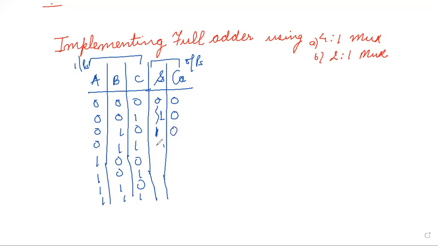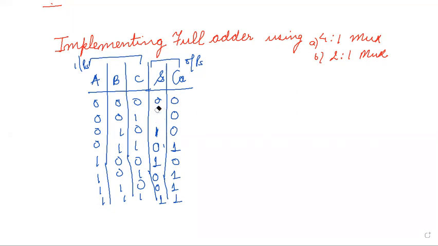When two bits are added, 1 plus 1 that gives 2. 2 in binary is 1, 0. So there is a sum of 0 and a carry of 1. So here also, we have listed all the combinations. Finally, when 3 bits are added, when all 3 are 1, so 1 plus 1, it is 1, 0. Binary 1, 0, that is 2. We add another bit. So sum also turns out to be 1 and carry is also 1. So this is our truth table.